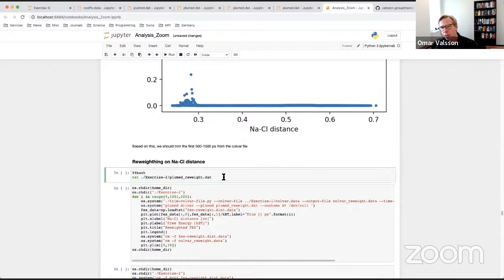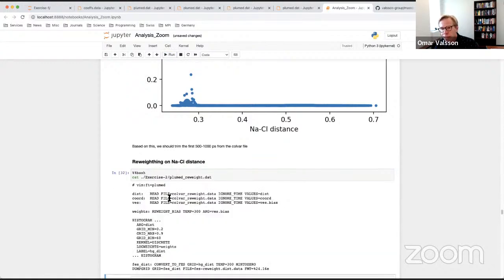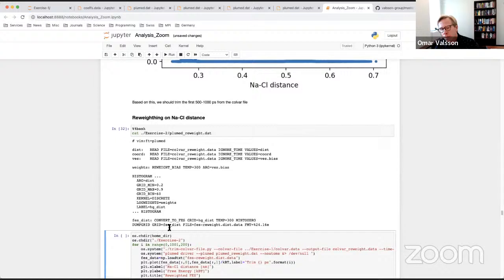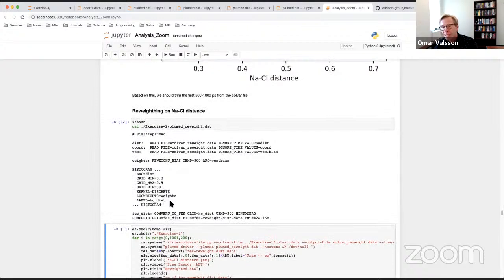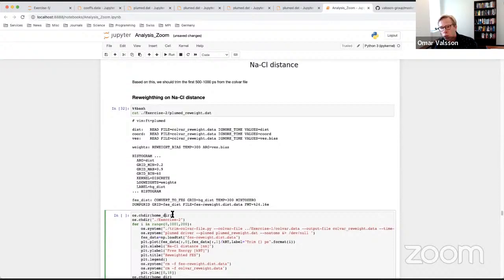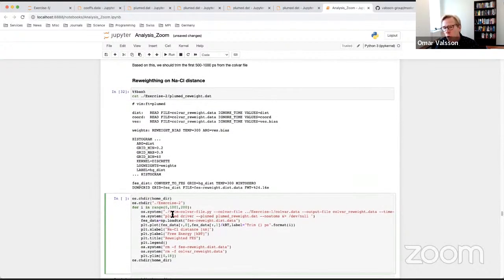So let's now do the rebinning. Here is the rebinning file that is in the simulation. It simply reads in the colvar file, which we trim, then does a histogram and converts that to free energies. This is pretty standard in PLUMED, and you can find more information about this in other tutorials. Here we're using just a discrete histogram, but I will show later how to do a kernel density estimator for this result. To further check how much we should trim from the beginning, let's try